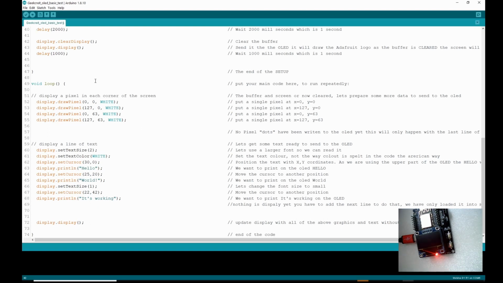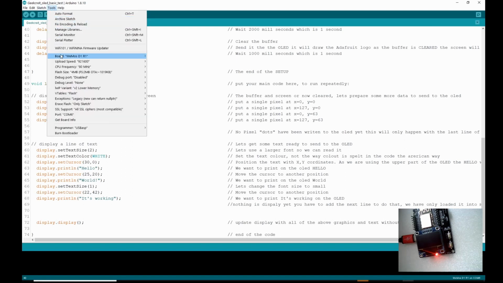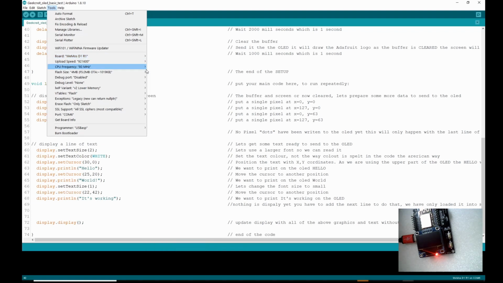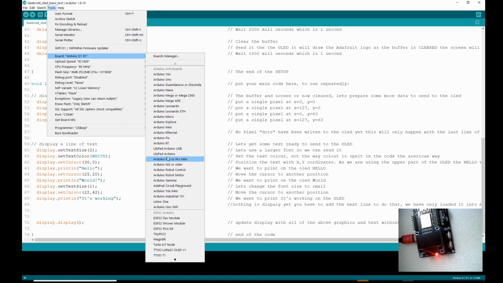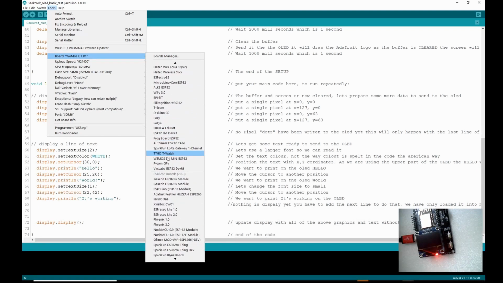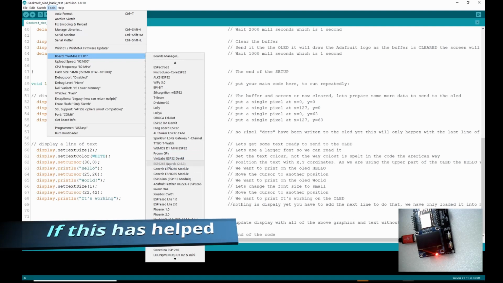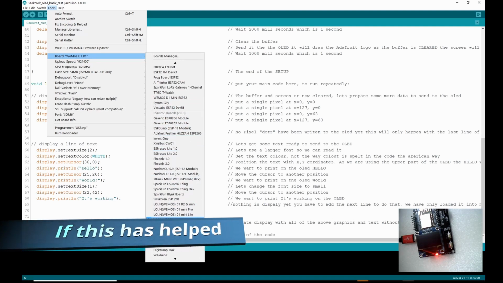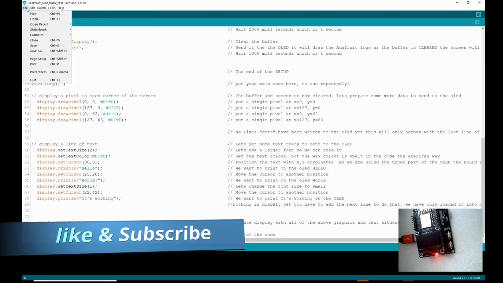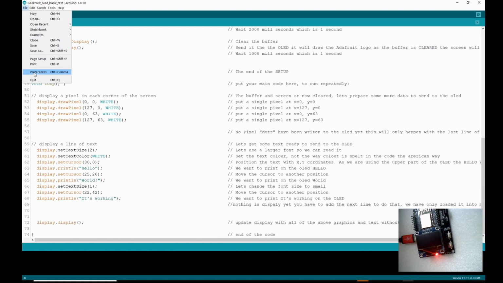So let's make sure that we've got our board set up right. So that is, board is still the D1 Mini. If you haven't got the board selected, you will go across down here, scroll all the way down to WeMOS D1R1. Now if you're not seeing these boards, you need to go to preferences,